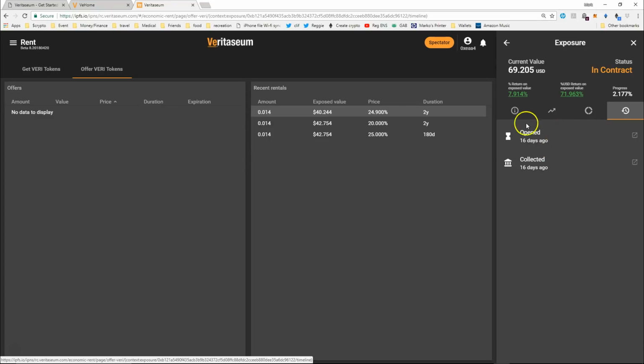And then the final icon over here is the timeline. We can see that the exposure was opened 16 days ago and collected 16 days ago. And then as the exposure either is closed early or is closed at the end of the duration, additional items will be added to this list here. The date it was closed and settled, for example. So that's the status